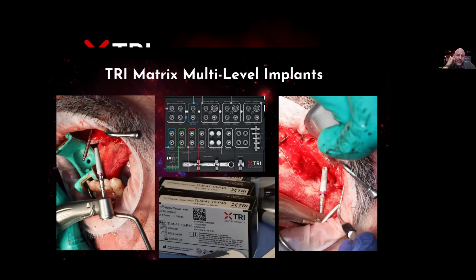One of the things that's unique is it has what they call a multi-level interface. If you look at the implant on the left, it has a 2.8 anodized machine surface area there. And what's nice about this system is that the bone will actually attach to that surface. So unlike the Straumann implant, where you want that to be completely above bone, this is a multi-level, so you can place it slightly subcrestal, but preferably you want to place that implant so that it's within that pink zone